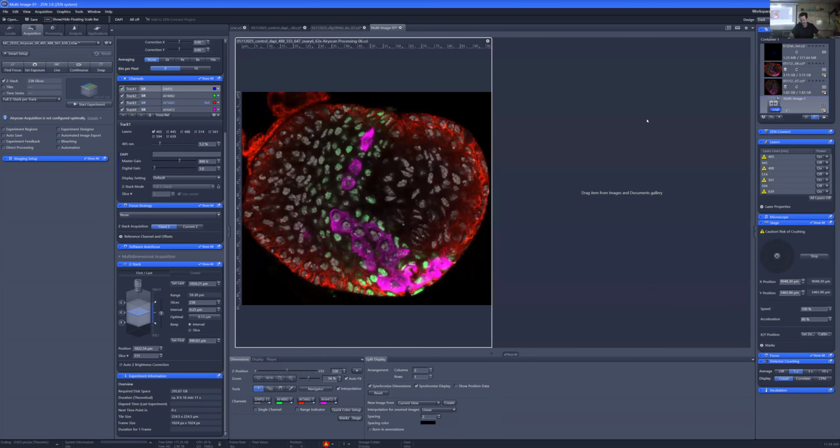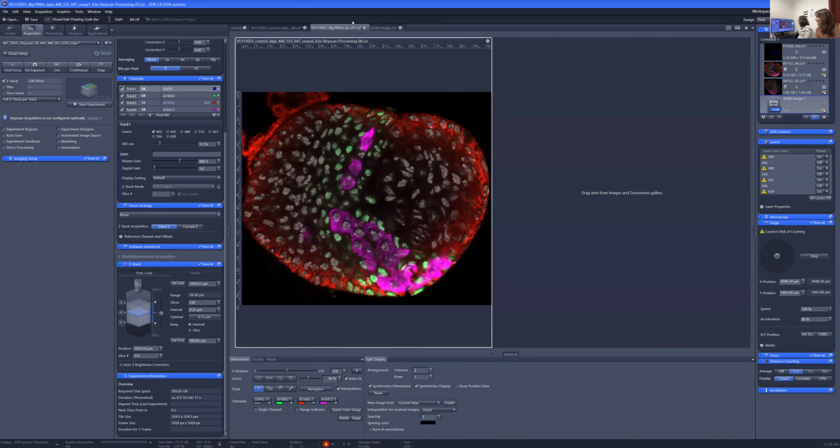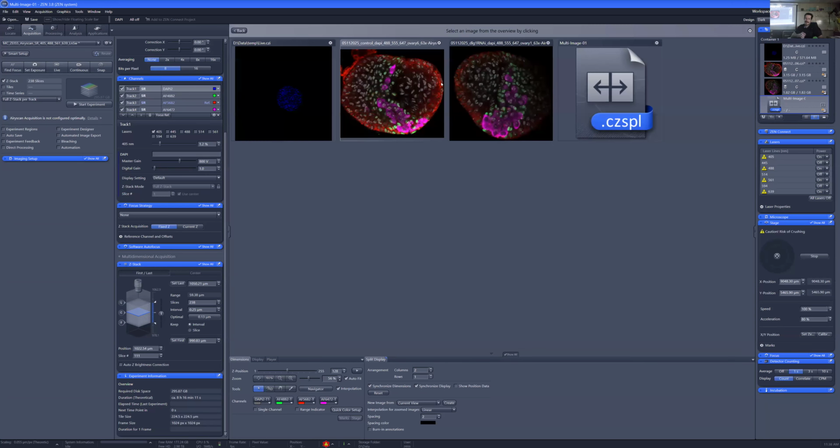Complicated looking software. Can I? That's unclear if I can. Drive item from images. Well,